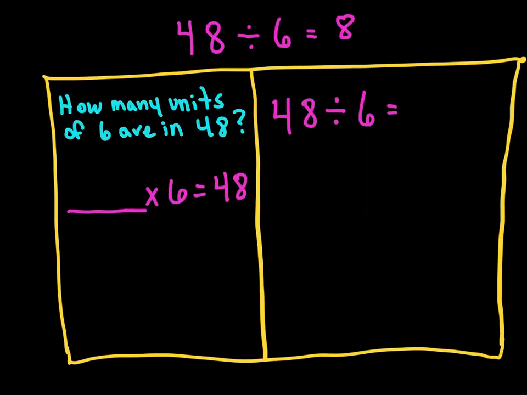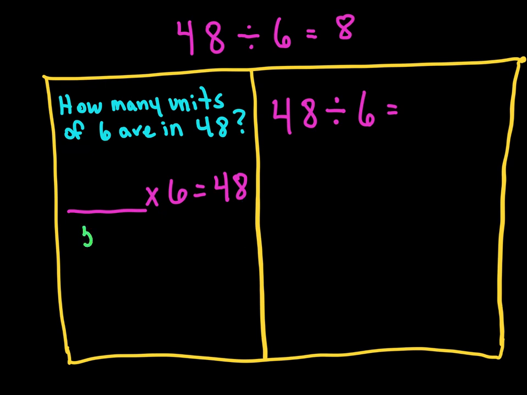Okay, I'm going to show you 4 different ways on how to divide this basic fact. 48 divided by 6 equals 8 is a basic fact. As you know, 6 times 8 is 48. 6 and 8 went on a date and sat at table 48, right? All right, so we're going to practice showing different ways to divide. Okay, we have how many units of 6 are in 48? So we want to see how close we can get. 6 times what will bring me close to 48? Well, we can say